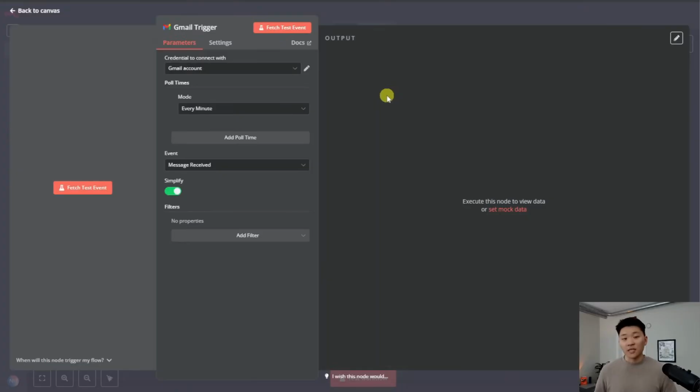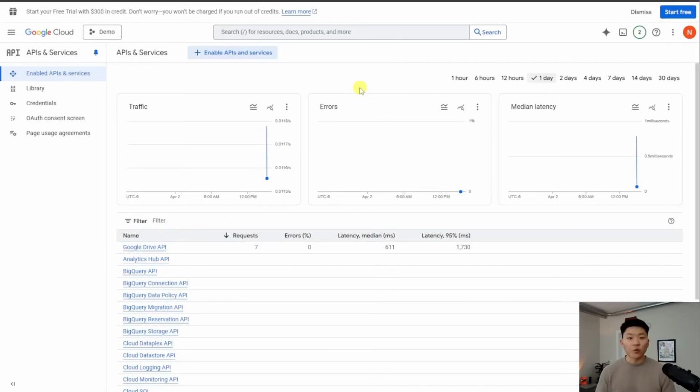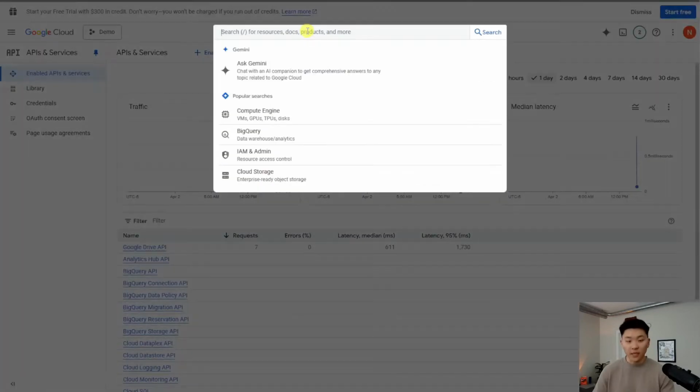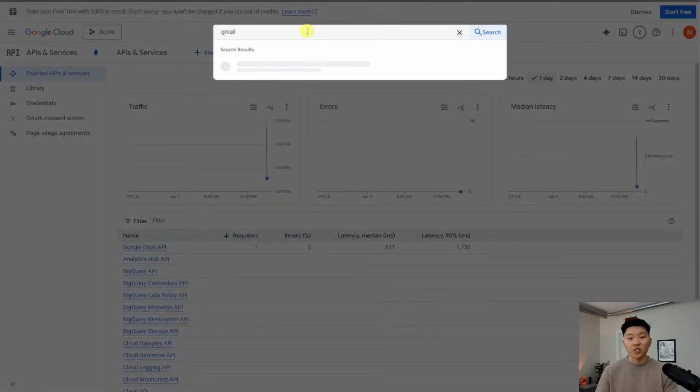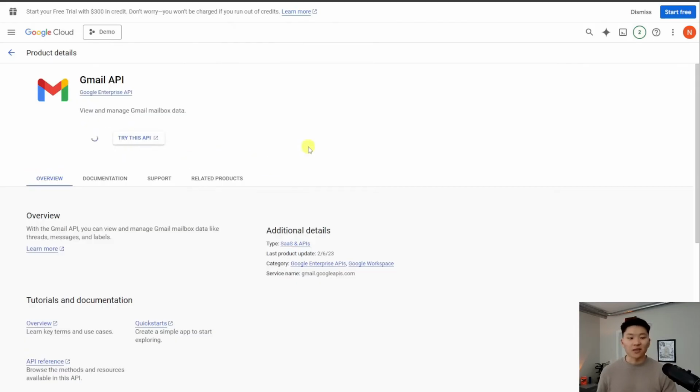So what we have to do now is obviously authorize ourselves. So we're going to click on create new credential right here, and all we have to do here is use OAuth 2. So all we have to do is click on sign in. But before we can do that, we have to come over to our Google Cloud once again, and now we have to make sure we enable the Gmail API. So we'll click on Gmail API, and it'll be really simple. We'll just have to click on enable, and now we should be able to do that OAuth connection and actually